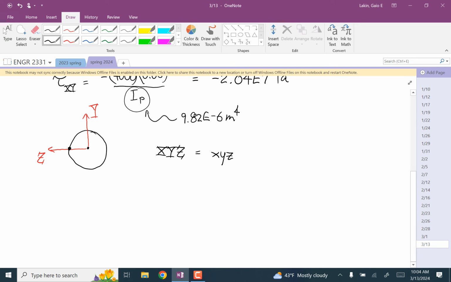And so our total stress tensor for A is 0, negative 2.04 — and that should have been negative, I think —